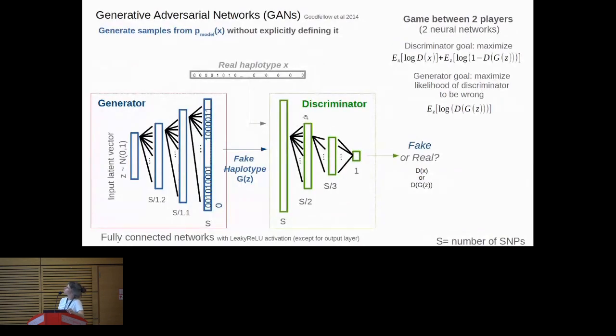Here, you need to use a second network, a discriminator, that takes as input either fake or real data and learns to distinguish between them. So you can see that basically it's a game between two players that have opposite interests. The generator wants to fool the discriminator, and the discriminator wants to beat the generator. And in this way, you can optimize all the weights of the networks.